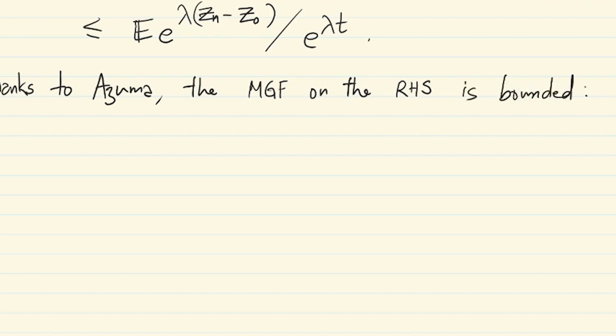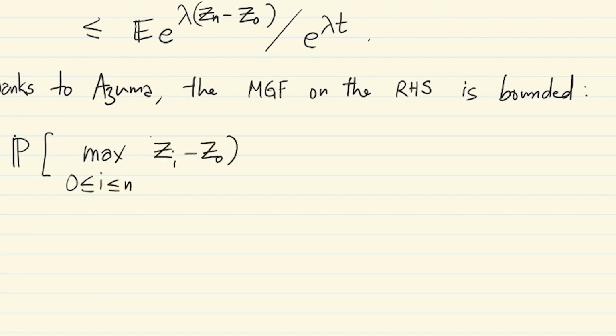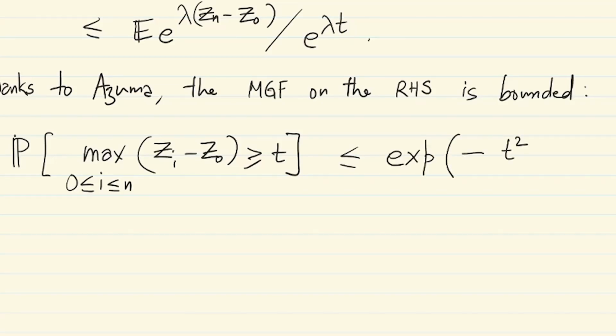And we finally get the bound: the probability that the largest deviation of any Zi from its initial value is at most e raised to minus t square by 2n c square,